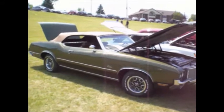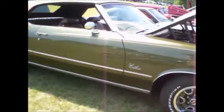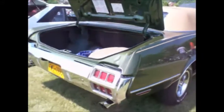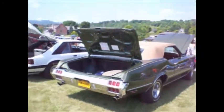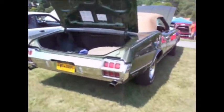Metallic pea soup green, I guess you'd call it. And I just spoke with the body man. He was just here. A little bit of work to do on the fenders and the doors. Had a little bit of rust belt tin worm. Interesting car. We're at the Ticonderoga Corvair show,